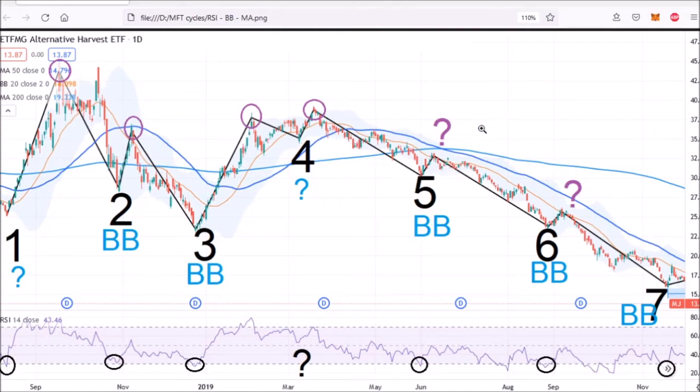meaning that perhaps a new cycle rally is going to take place soon, or are we in a new cycle that only started in very early June, meaning that if the cycle doesn't perform well, in the later stages of that cycle, there is likely going to be a bit of a decline in MJ. So whenever there is no retracement of the 50-day moving average at cycle highs already, that kind of makes decision-making pretty difficult. I will come back to this topic, but for now let's move on with a bit more